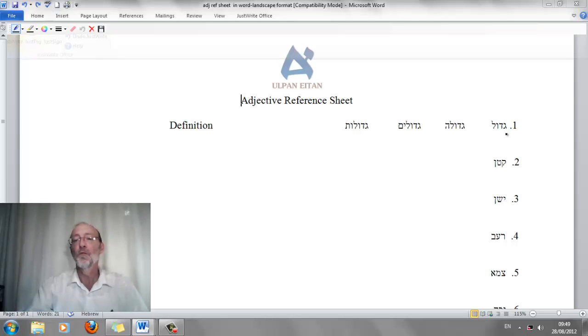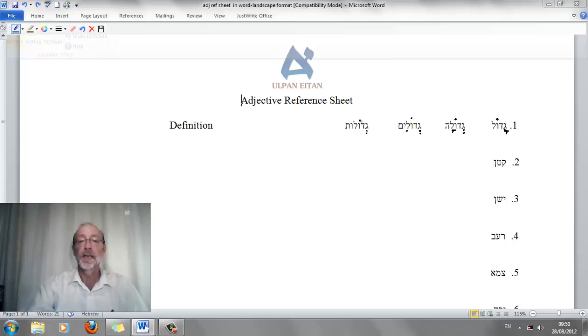So what are the four forms right over here? If we look at word number one, we have the word gadol. The feminine singular is going to be gedola. The masculine plural is going to be gedolim. And the feminine plural is going to be